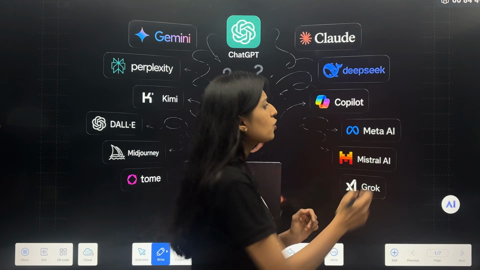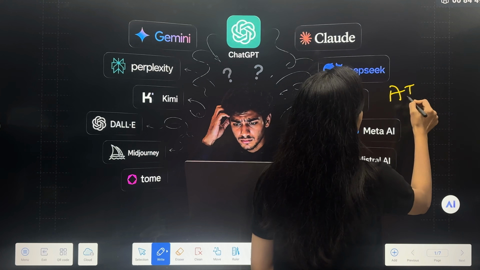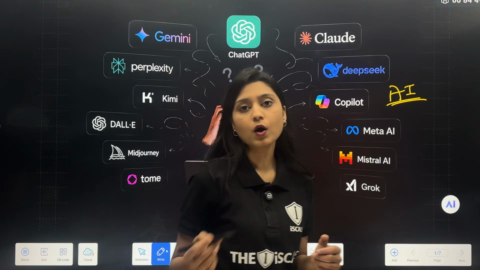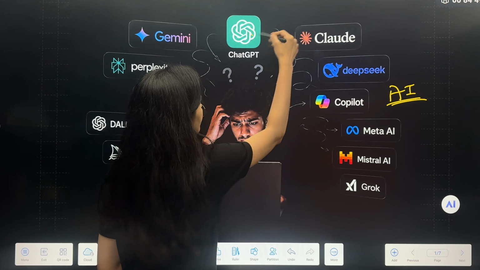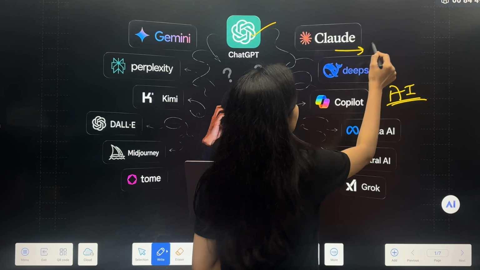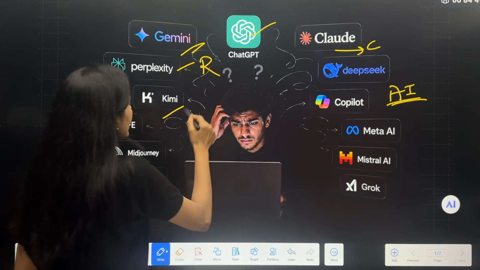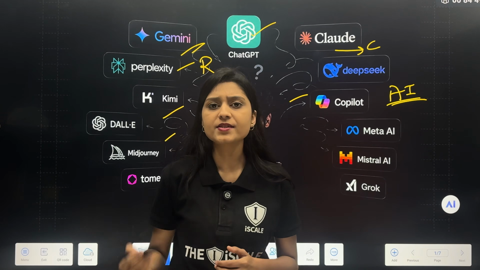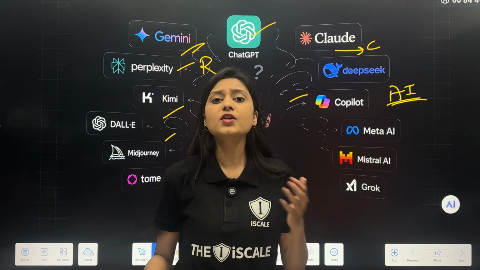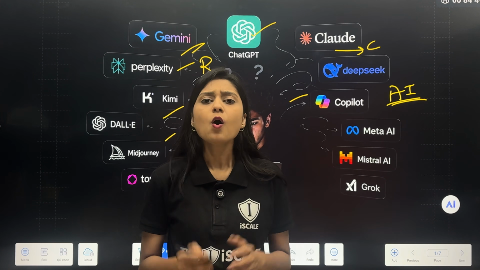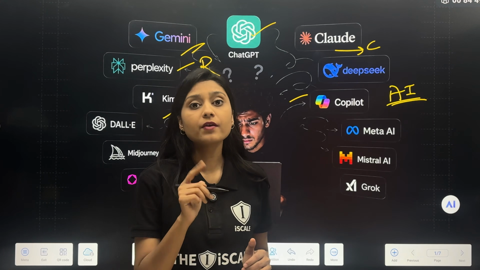I know almost all of us use various AI tools every single day for making our work easier. For example, ChatGPT for writing purpose, Claude for coding purpose, Gemini, Perplexity for research purpose, and various other AI tools for making presentations, creating videos, generating images, etc. All those tools are great at something, but there is one problem.